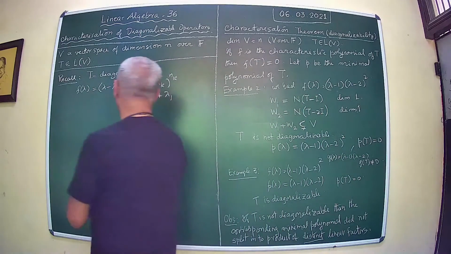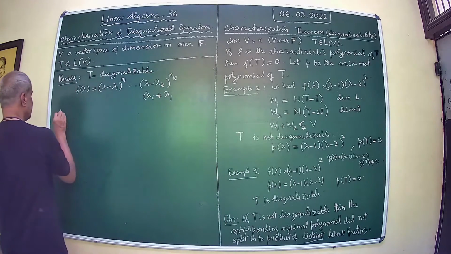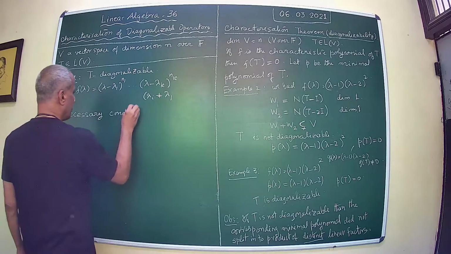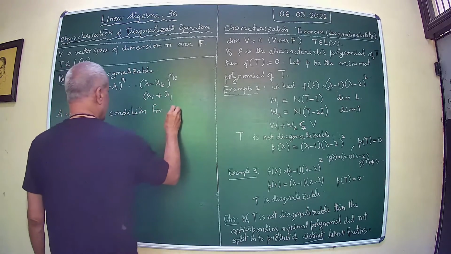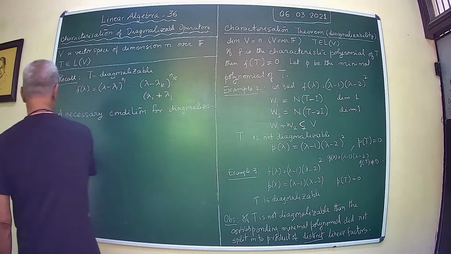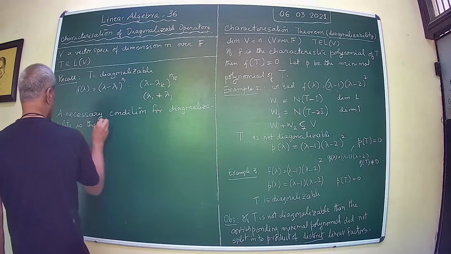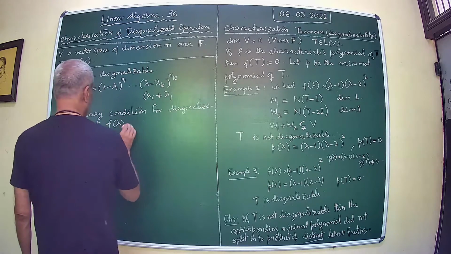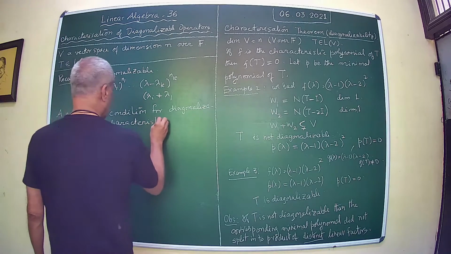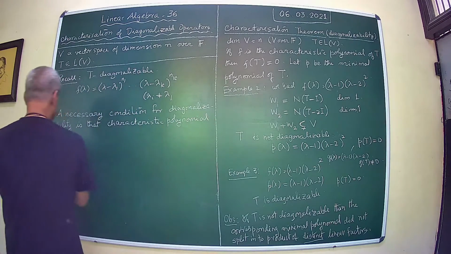So a necessary condition for diagonalizability is that the polynomial splits into